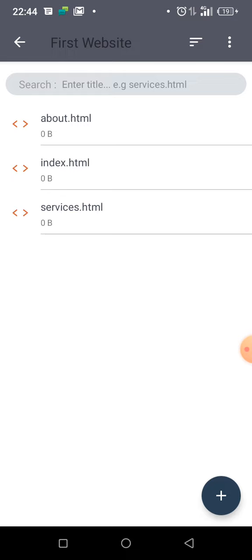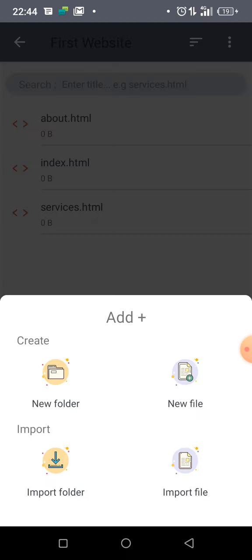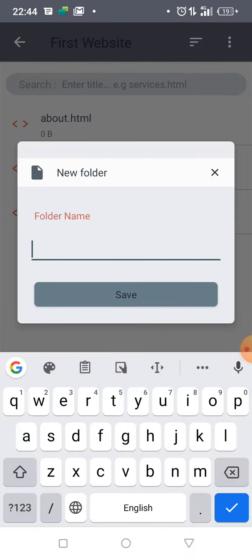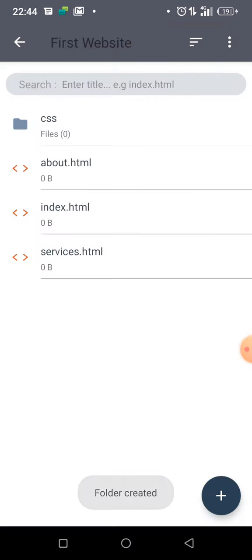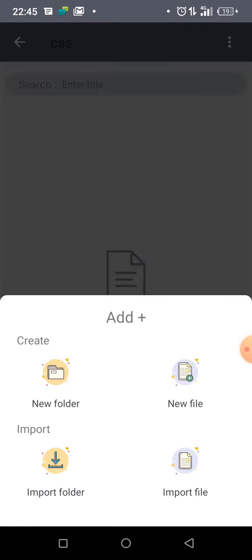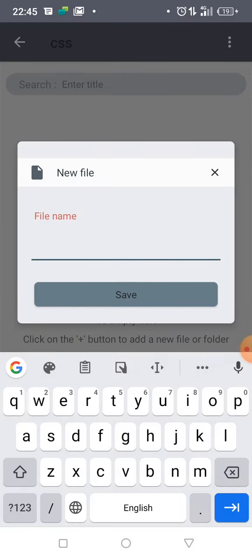My CSS can be done in different ways. I can just create a file directly, or I can create a folder and then create that CSS inside it. Whichever form, let me teach us the two. Let's say I name a folder CSS. Now if I open the folder, I can come here and say new file,